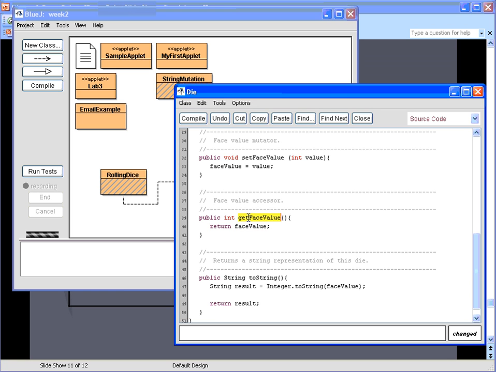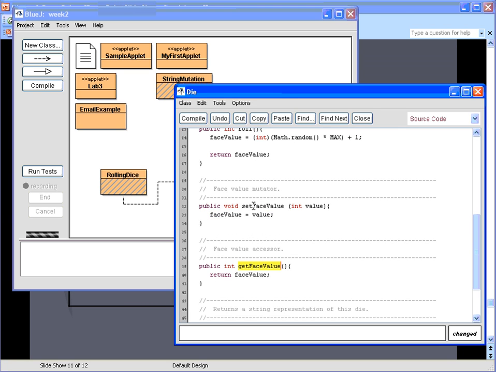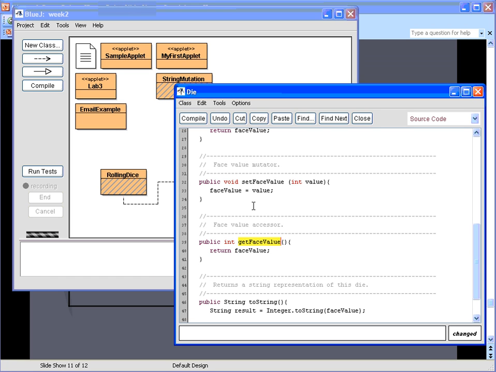What this does is this gives us a chance, if we want, to return it in a form that we want, or in a form that they might want. So we're not going to give them the raw value. We'll give them like a formatted value. In this case, we just return the value. It's not that big of a thing to us in this case. But think of it in terms of time. You've got minutes, seconds, and hours. You may store the seconds in some way other than 0 through 59. But the way you want to return it to the user, or to whoever's calling for this, is a